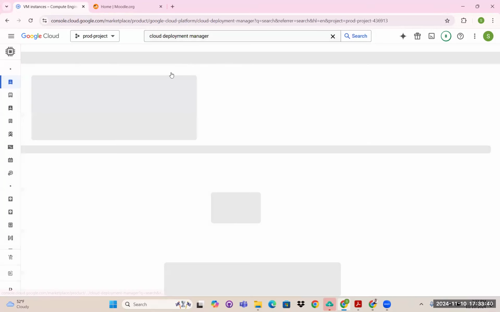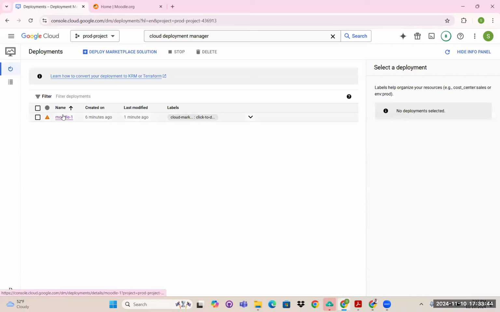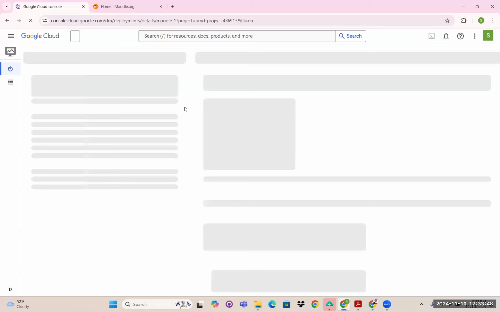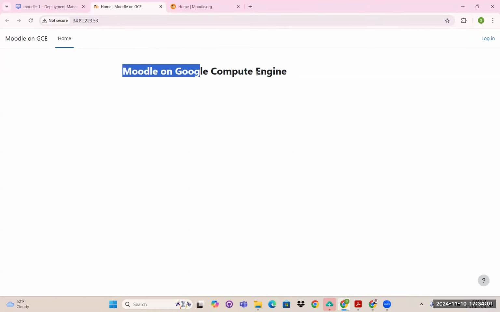So let's go back to deployment manager, and then I'll click on this. Once I click on that, it's going to bring this site address. So I'll click on this address, and once I click on that address, it's loading. So you see Moodle on Google Cloud Engine. So we have to do some